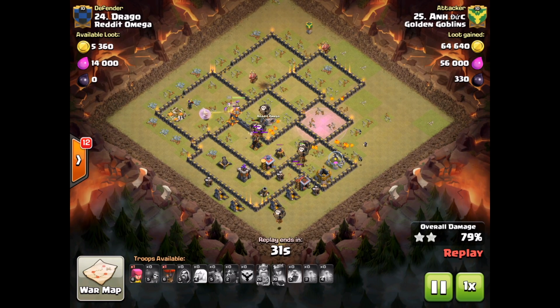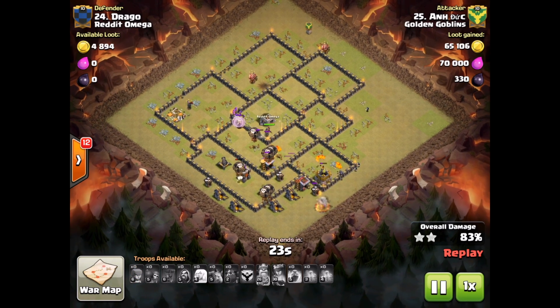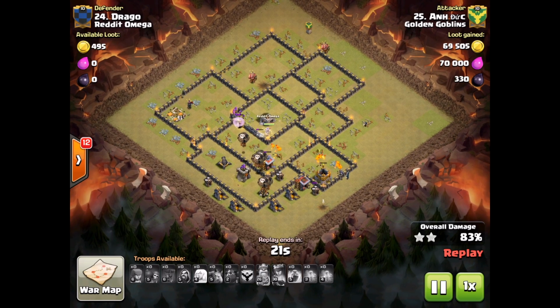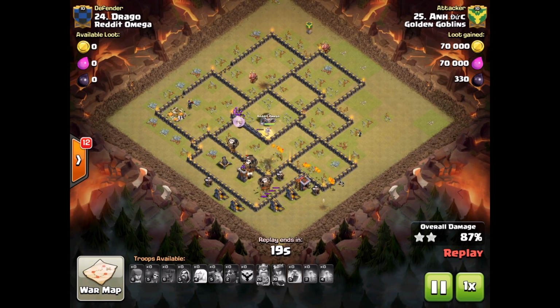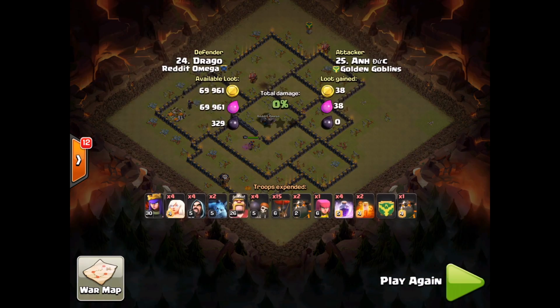Tesla's doing a bit of work. He's got loads of pups everywhere and a few back-end loons. Gonna take a bomb or 2, but that is wrecked. He's nearly just sacrificed the king there for 1 air defense. Hope your queen stays alive. Help with pathing. I'm going to show one more because I always like a